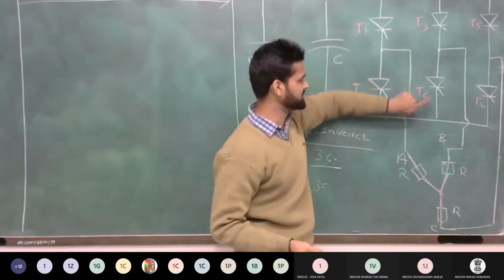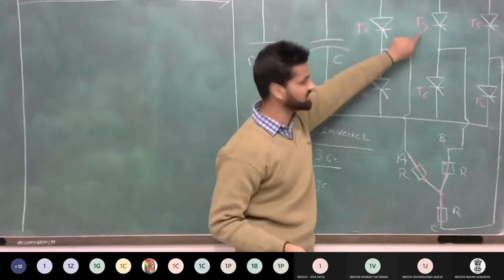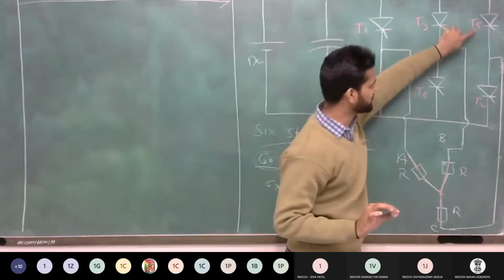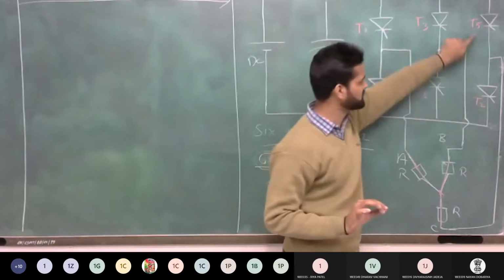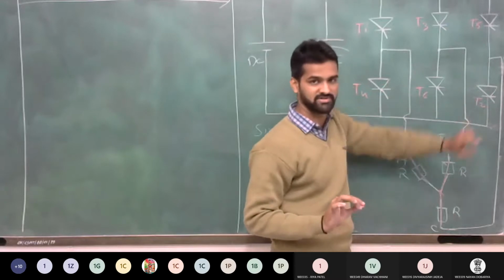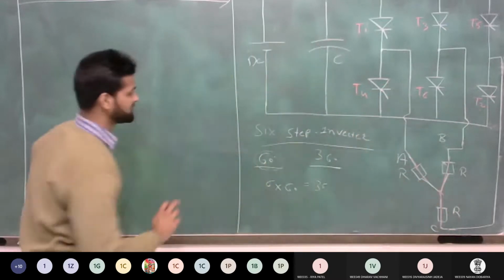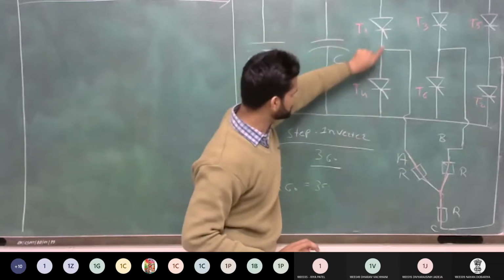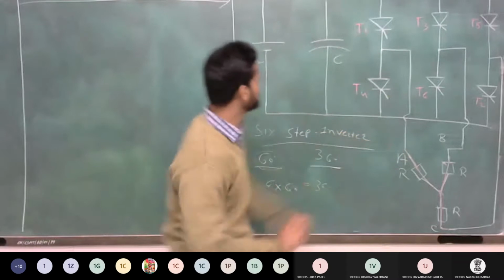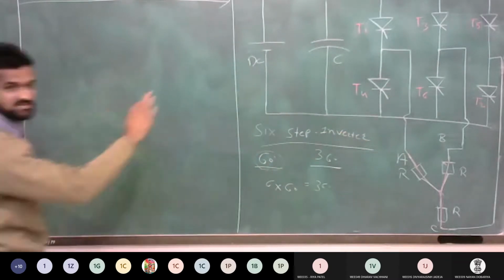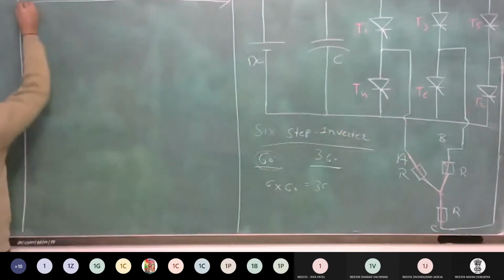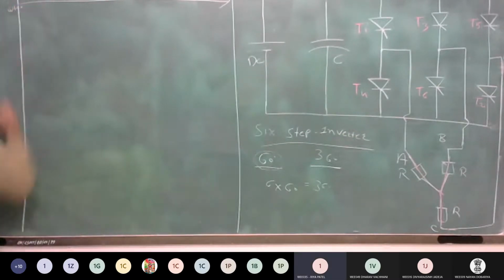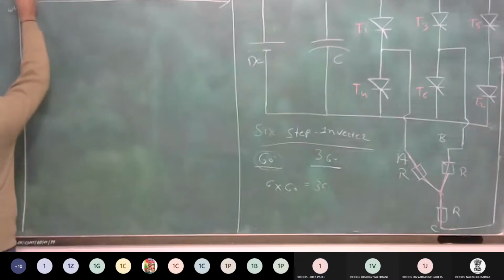When T3 is on, T6 is off. When T6 is on, T3 must be off. Same way for the third leg, thyristors T5 and T2. When T5 is on, T2 must be off. Clear? Complementary. So first we draw the gate pulse for T1 and T4, the first leg, which is phase A. T1, as per the name, starts first. So we provide the gate pulse from omega t equal to 0 degree. Suppose this is omega t equal to 0 degree. Clear? So here I start the waveform.